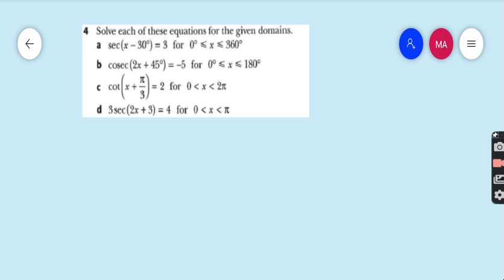What is part B? Cosec (2x plus 45) is equal to minus 5, and the domain is